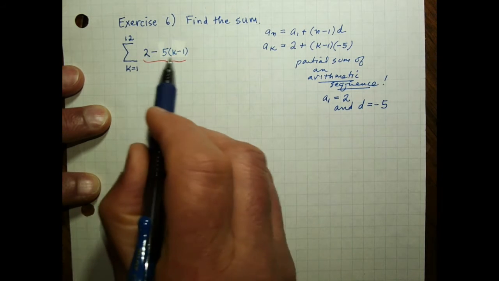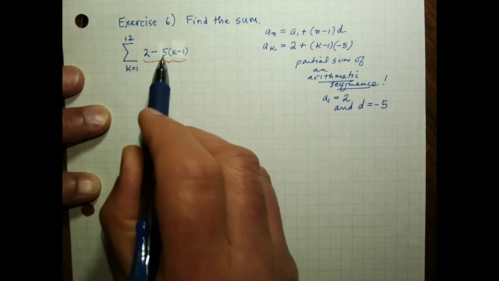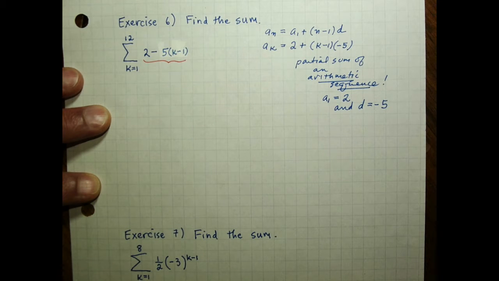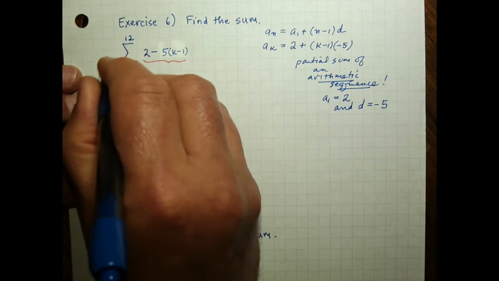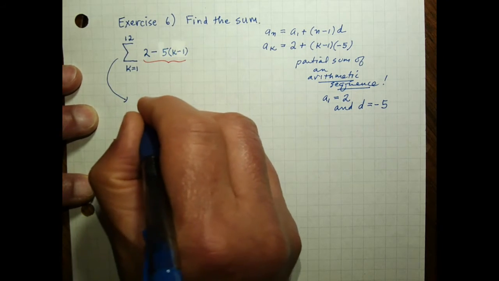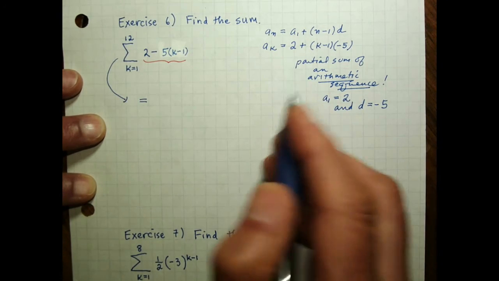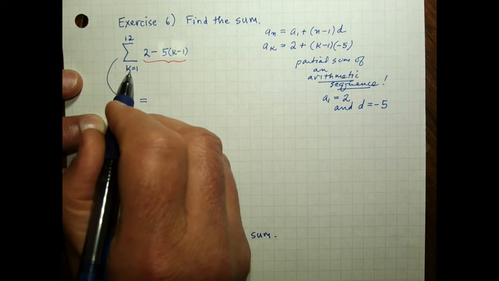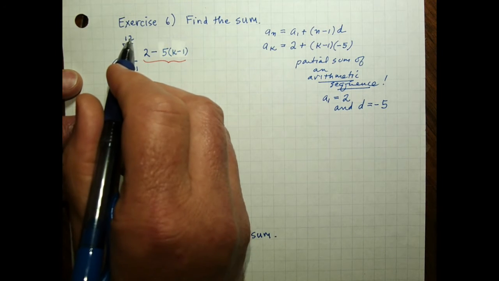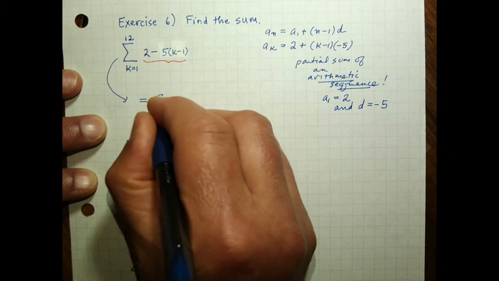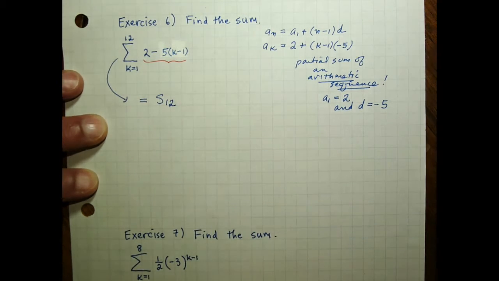Notice we don't have a plus sign there, but we can think of that as plus a negative 5 times k minus 1. So, in terms of this arithmetic sequence, since we're adding from term 1 to term 12, the first 12 terms, this is equal to S12,